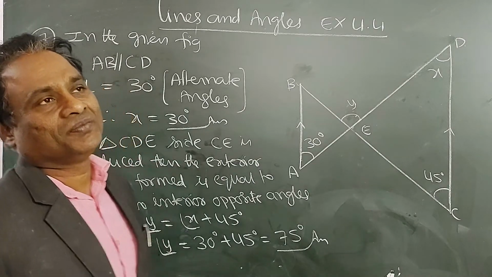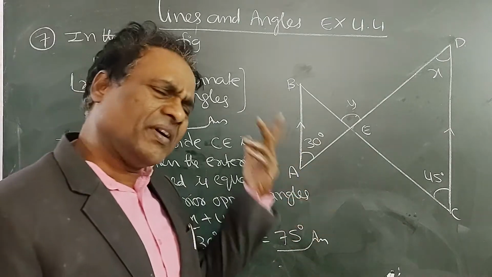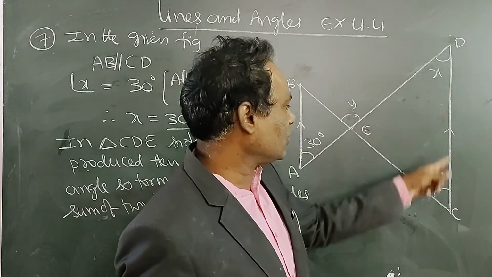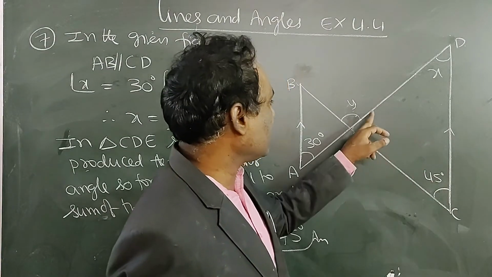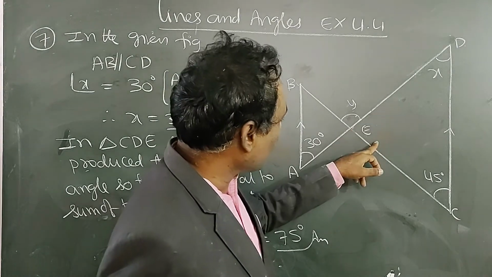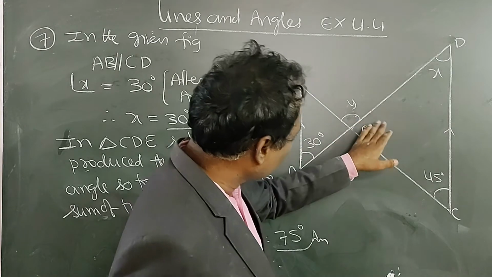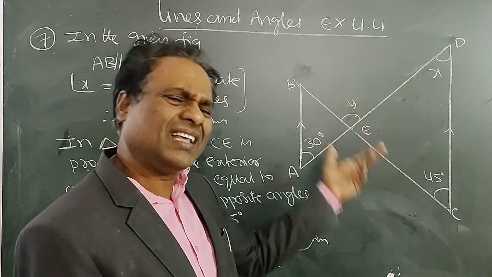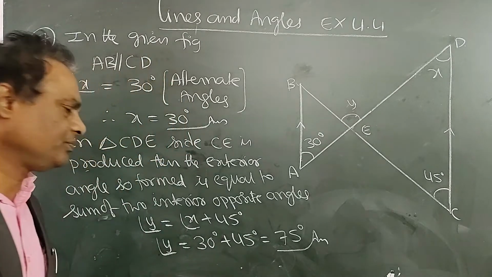Okay, that's all. Even different ways also we can do. Because if this angle we know, the sum of three angles is 180, that means we know this angle. After knowing this angle, because it is a straight line angle, 180 minus this will give this angle. Like that, any method we can apply. Right.